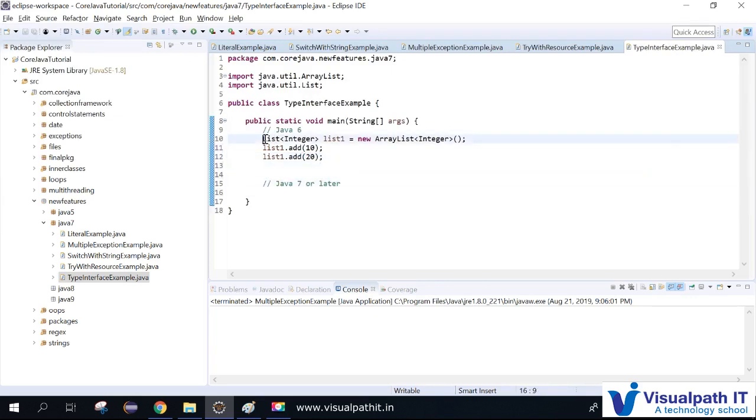And we'll see how this declaration actually happens for Java 7. What is the major difference? We can see it now. List of Integer, so list2 equal to new ArrayList of